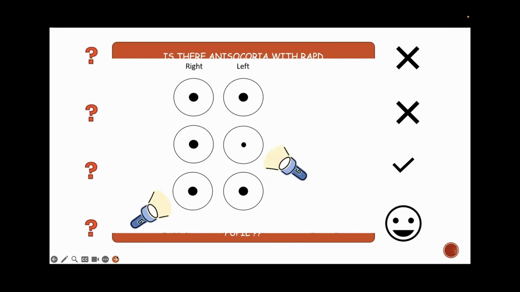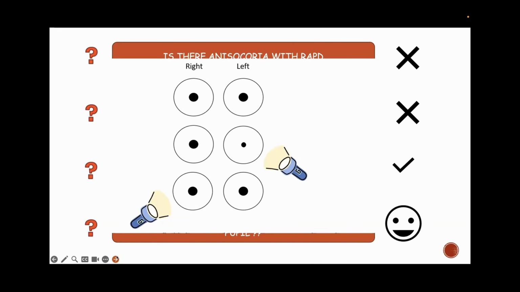Imagine the right eye has dense posterior synechiae. Some old uveitis has happened and we are left with only left optic nerve functional, left pupil functional. So can I check both the nerves? Definitely I can. So first I will flash my light into the left eye and I can see that the left pupil has constricted. Then I flash my light into the right pupil and then I look at the response of the left pupil. If the right eye is weaker, the nerve is damaged or has some traumatic optic neuropathy or any kind of damage, then the left eye will get a lesser consensual response in this case and the consensual reflex will be weaker.